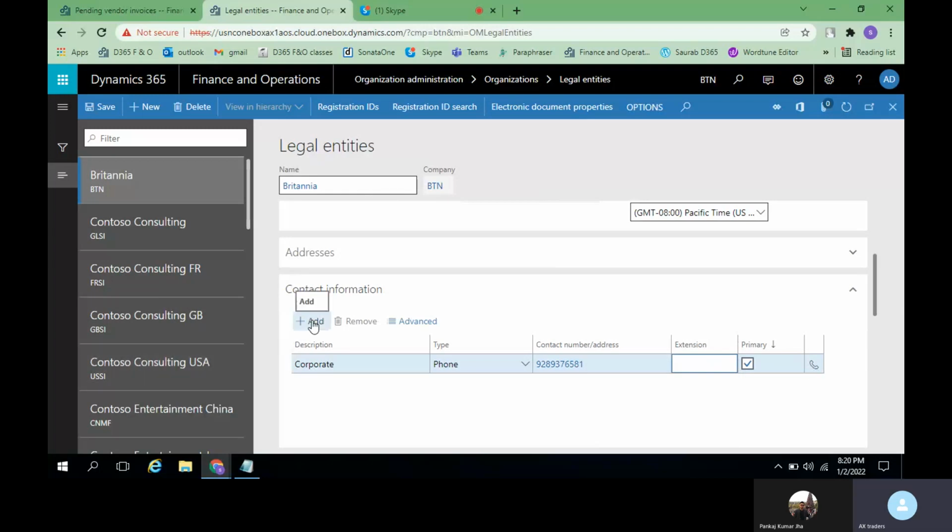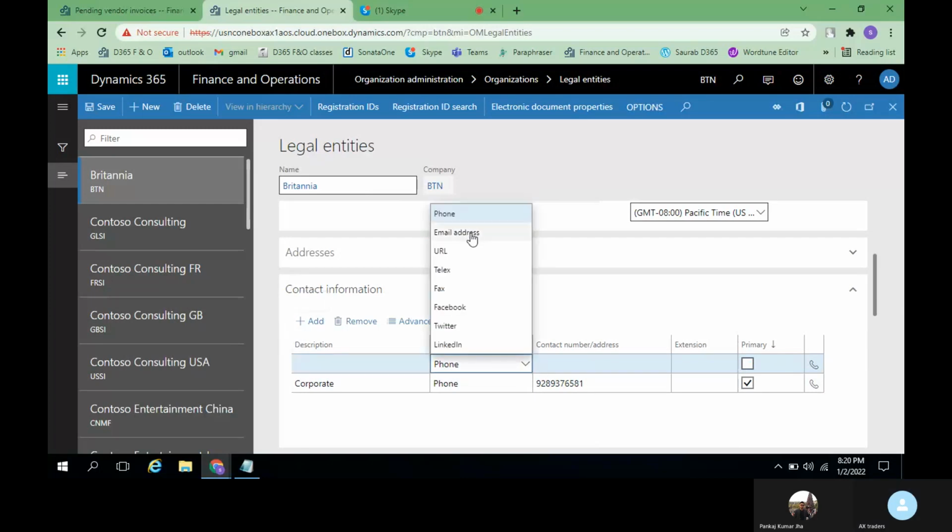We will add one more contact information. So here we will select it as an email ID. We'll use this email ID for any customer related queries.